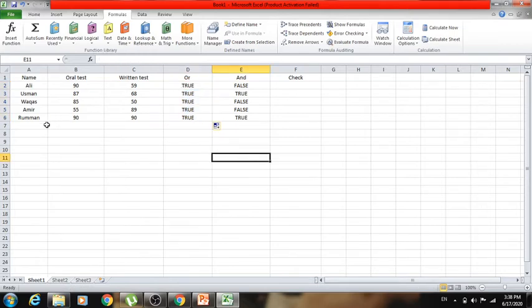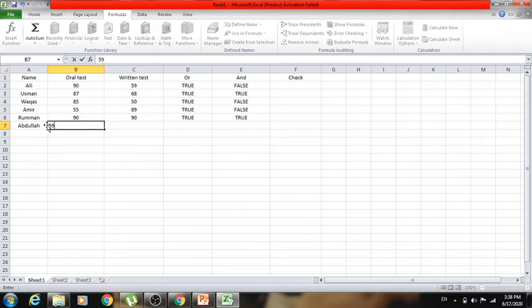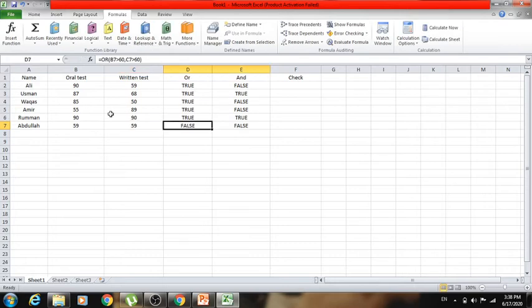So this is the basic difference between the AND and OR operation. Let's do one more, Abdullah. Okay, Abdullah has got 59. So he's false because he's failed in both subjects. So if one student is failed in 8 subjects, it means he is failed in all subjects, when we are talking about the AND operation.